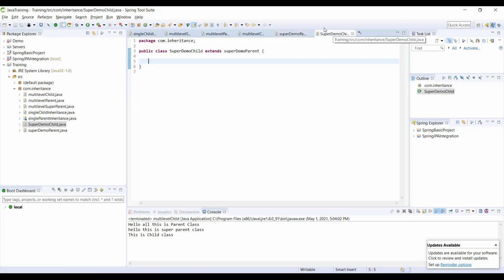Now in my child class, remember guys, super should always be the keyword that is first called in the class constructor. So I will need to have my constructor here. Here I am doing a super.